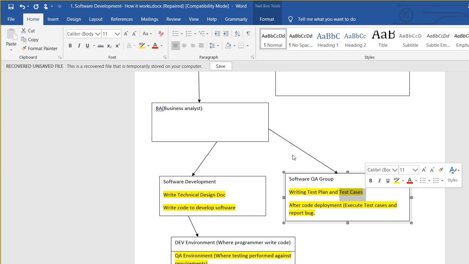So you understand the requirement document and you do your work. If you work as a manual tester, you prepare your test plan and write your test cases so that you can test this software according to the requirement. What the software will be doing is written in the requirement document. So you read it and prepare your test cases in a tabular format.